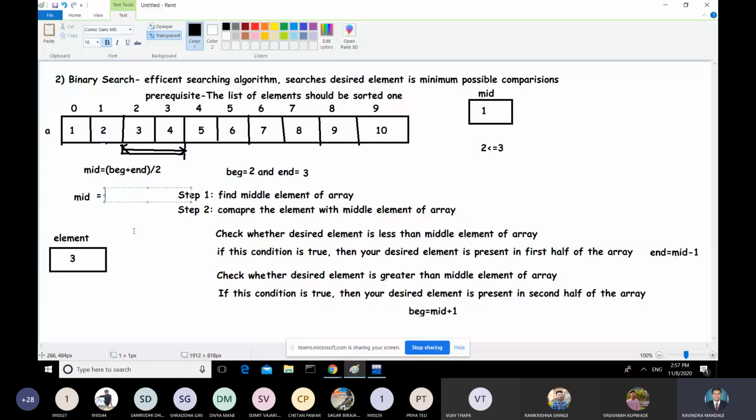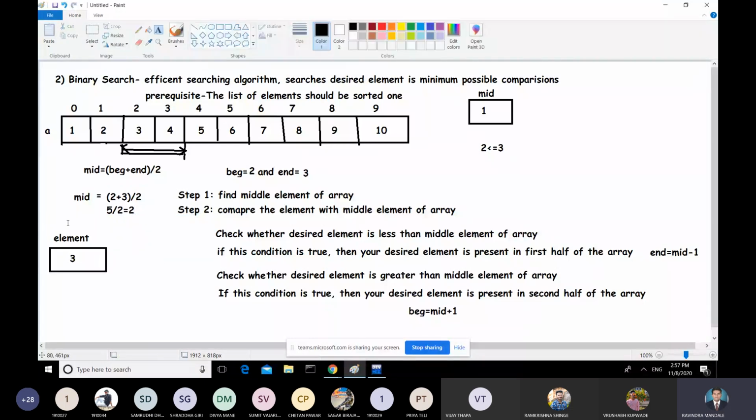So first find out mid. How to find? 2 plus 3, that is beginning plus end, divided by 2. 2 plus 3 divided by 2. So what are you getting? 5 divided by 2. So what is the result? 2. Getting? So you got mid, that is 2.